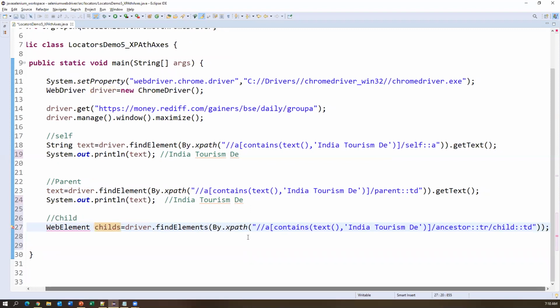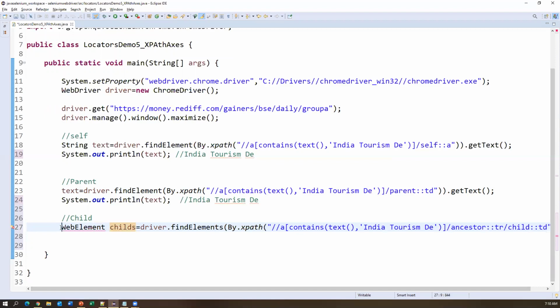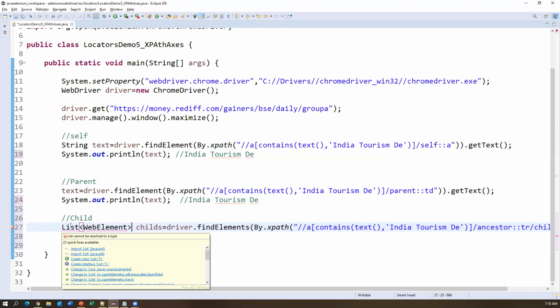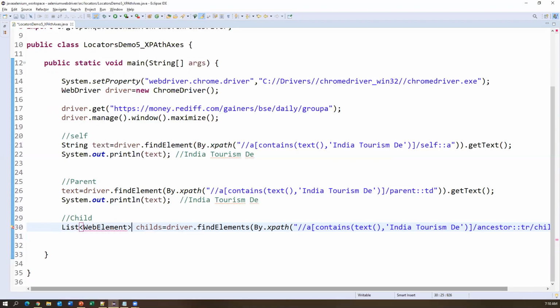But this time it is returning multiple web elements, so this variable should be defined as a List of WebElement. This is the return type. List is a collection in Java, which we have to import from java.util, and WebElement we have to include inside the Selenium packages.